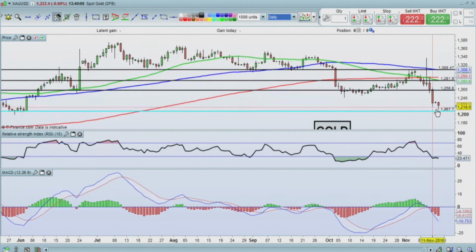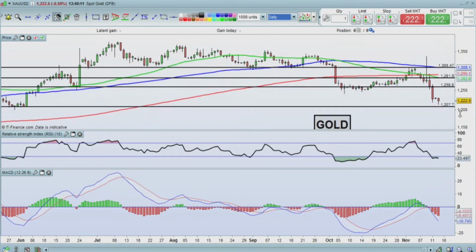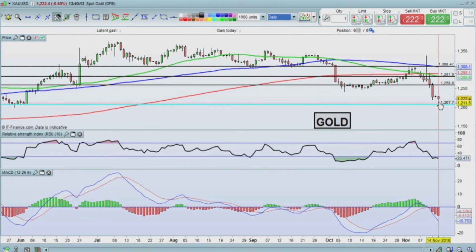And this most recent candle here has got lots of activity at the bottom of it. In other words, there's a long wick here, which is suggesting that the market's not particularly happy going particularly short at these levels, but ultimately we are going to go back into a short position. This is the daily chart.